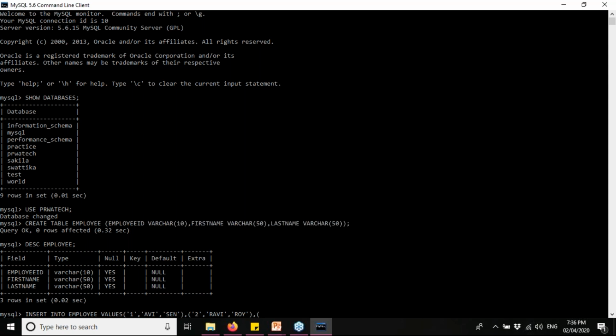again bracket. Let us just put 5 of the records at least, which would be beneficial for us for the next commands to run. Else, with a very less number of records, it would be very difficult to show all the syntaxes which I have already taught. So let it be 3 within quotations, of course, comma, first name, let it be Shashi, quotations close, and then again within quotations, let it be Sen. Okay, quotations close,